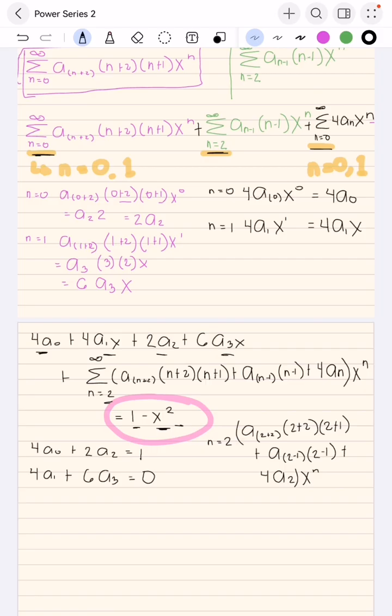So this would be equals to a4, so that would be 4, 3. So 4 times 3 is 12. Let me write it. That would be 12a4